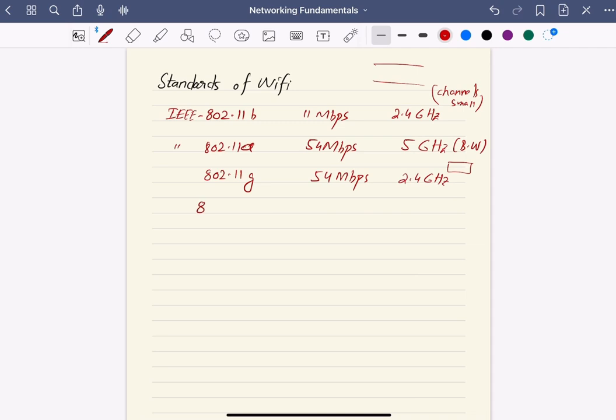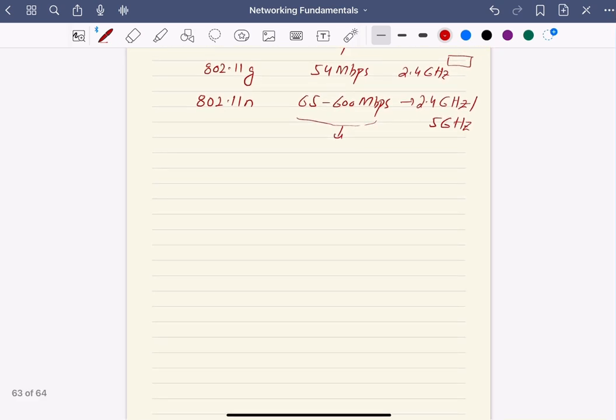Another standard is 802.11n, which offers 65 to 600 million bits per second, and you can use it at the 2.4 gigahertz as well as the 5 gigahertz channel band. Why is this data rate so fast? Because it offers plenty of features. One of the features is MIMO, multiple input,